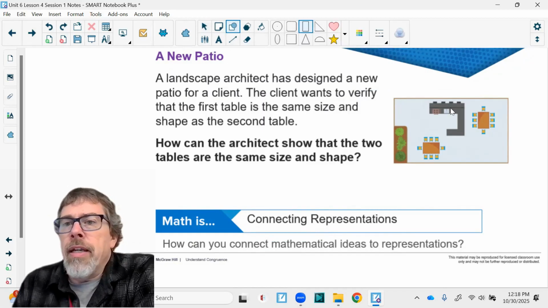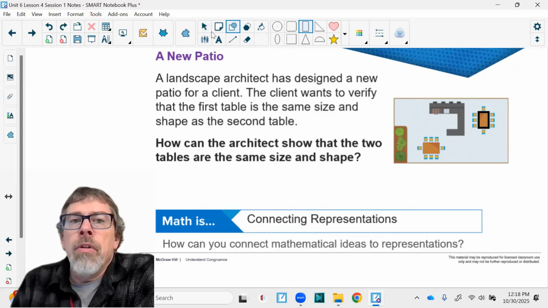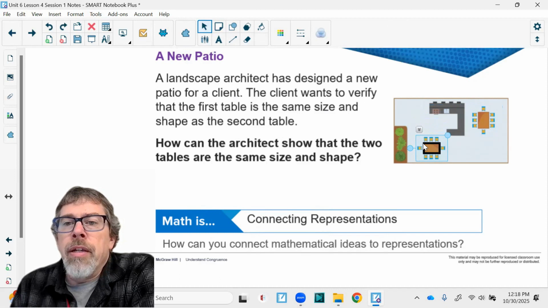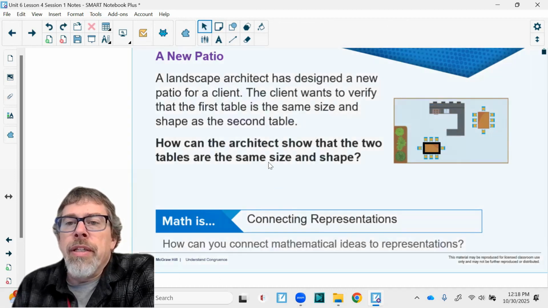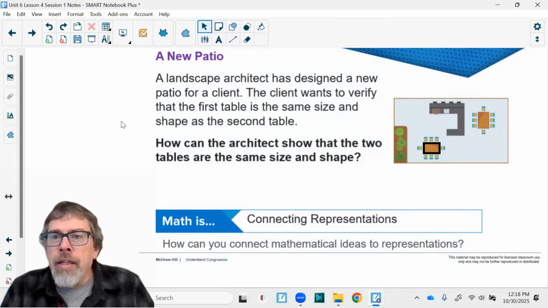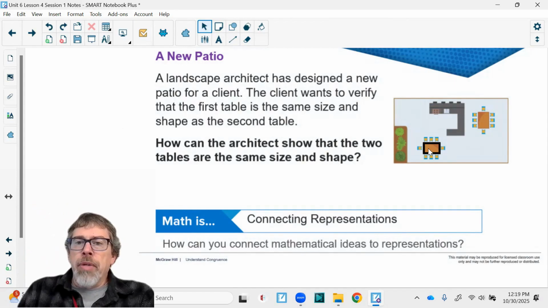Well, the architect, I guess, could, in his drawing, have a layer that has the table on it and be able to move that. So let's first start with a 90-degree rotation counterclockwise, and then move it left, and then move it down. And then when we place it there, we see that it does have the same size and shape. So it has been either a rotation followed by translation,